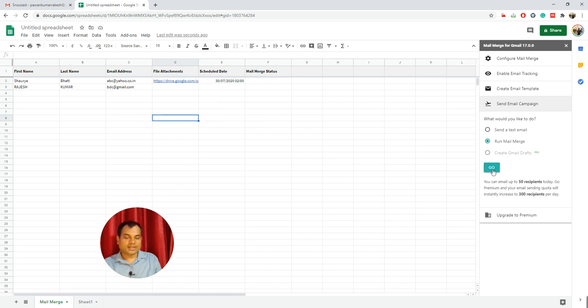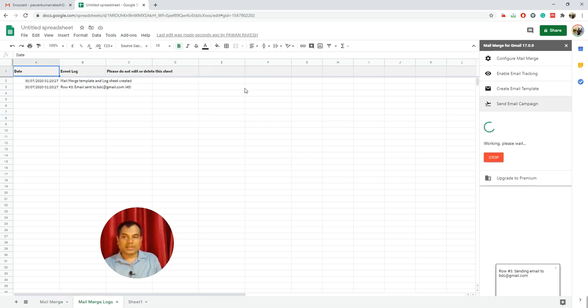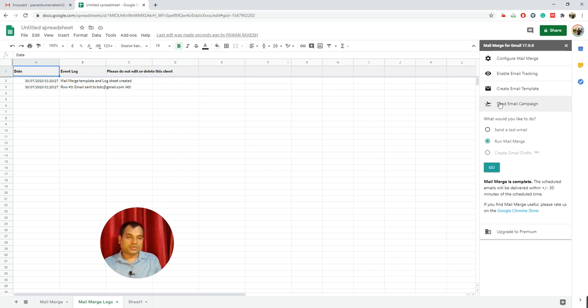Just see, the email ID is not correct, I have changed it, but you see the schedule, email has been sent to the ABC and BCD at gmail.com. Both emails have been sent to the participants. With this option you can add multiple rows. You can send 300 emails per day with the name by adding in the Excel sheet. So the mail merge is complete. This is the option to send multiple emails.